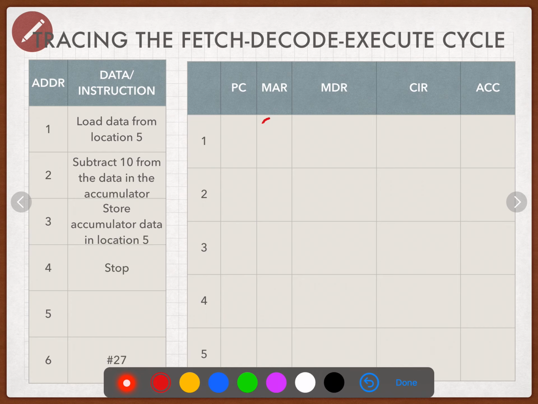To begin with, we do not know the values which are in the address register, the data register, the current instruction register, or the accumulator. We just know that the program counter is pointing to address number 1. Let's begin the fetch-decode-execute cycle. To begin with, the data in the program counter is copied to the memory address register. The program counter is incremented by 1 to point to the next instruction, and the instruction is copied across to the memory data register. In this case, it is to load